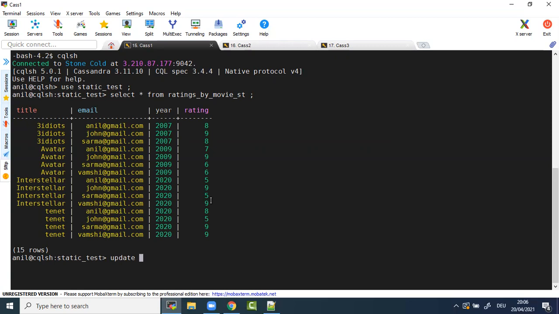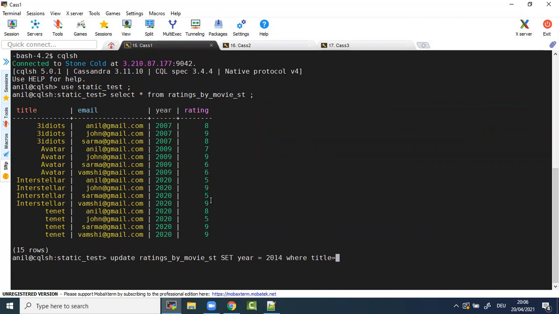The Interstellar movie was released in 2014, but it was kept by mistake as 2020. Now I'll see how I update it. Update ratings by movie set year equal to 2014, where